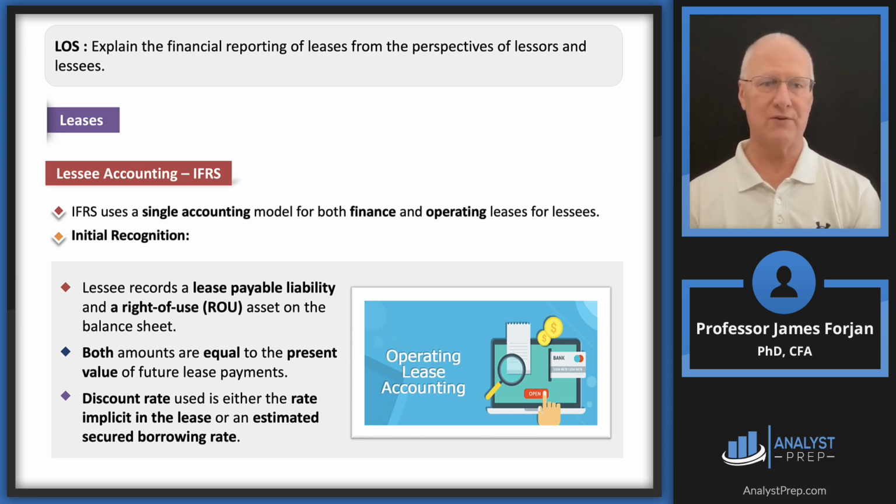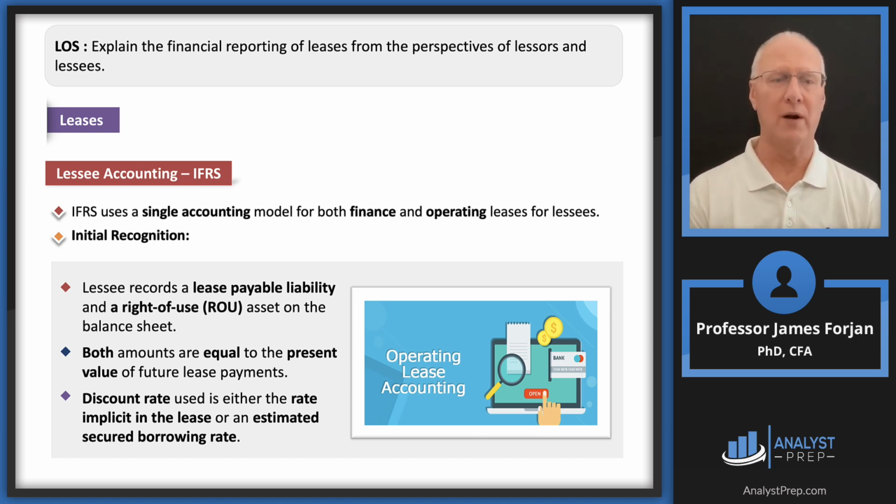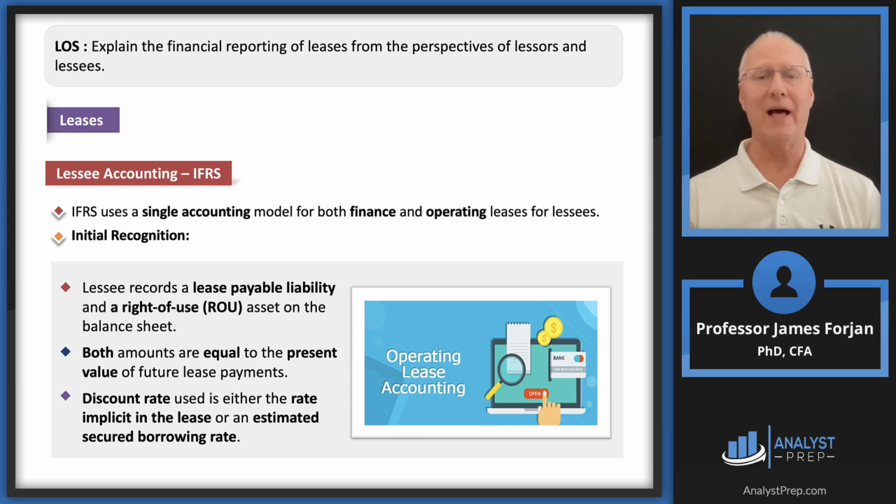So let's do lessee accounting from the international perspective first. Single accounting model for both finance and operating leases. So that's pretty simple for you guys preparing for the exam. So what happens with the initial recognition? So think about it. Now we're the lessee, so if we buy the asset, we put the asset on the left-hand side of our balance sheet, and then however we paid for it, maybe we issued a bond, maybe we issued shares of stock, maybe we paid for it with cash, so then we would have to debit cash for those of you who are accountants out there. So we've got to come up with something that sounds an awful lot like that journal entry.